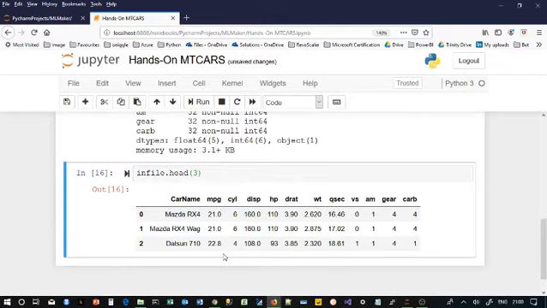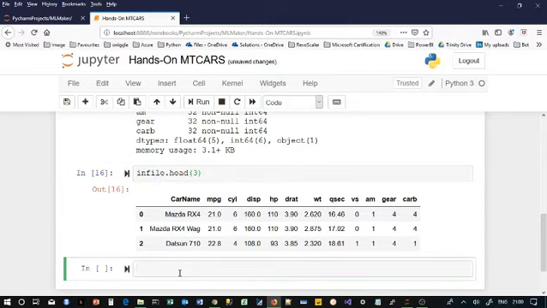Now before that, it's good practice to extract the input and output variables that are required for our modeling. So we probably may not require all the input columns. We may want to select specific columns. So the structure that I'm going to follow is I'm going to create a variable called x, where I'm going to copy just the list of input columns that are going to be useful for my model.